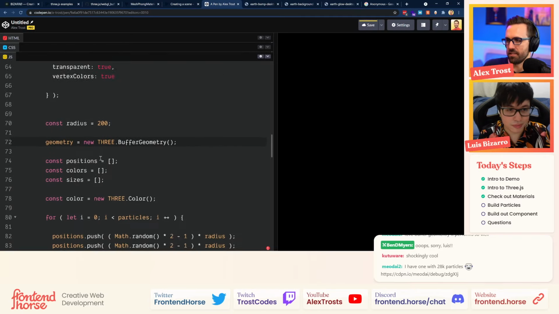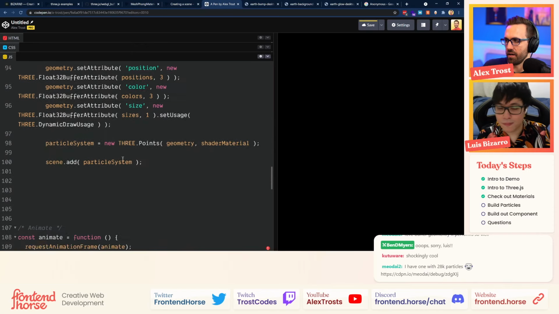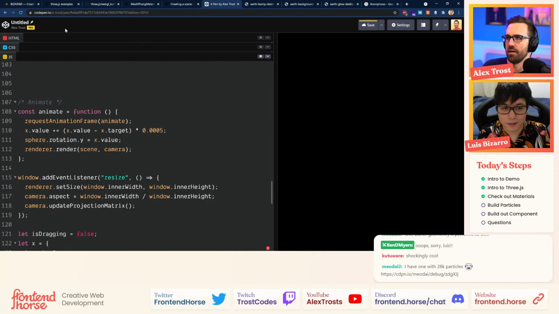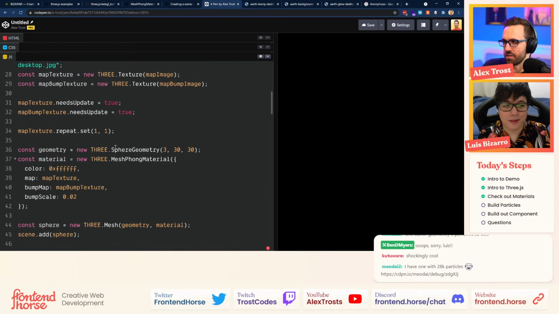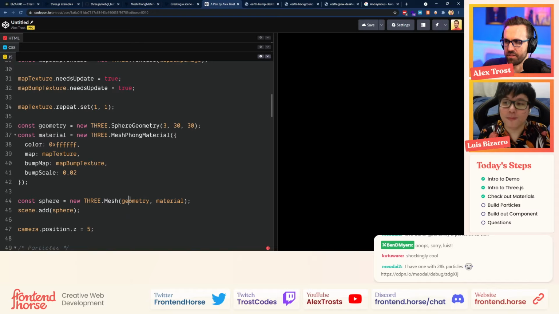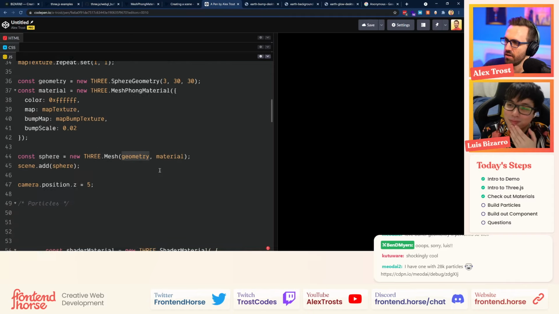Is it kind of similar to how I think of the vertex and the fragment, I don't know if that's how you say that, to the geometry and the material, and then you combine them both? Similar sort of thing, right? Exactly. The geometry is kind of like the vertex shader, and then the material is kind of like the fragment shader, it just tells it how to look, and then the geometry tells it what shape to be in, or what its vertices and things are. I don't know. That's my mental model for it.